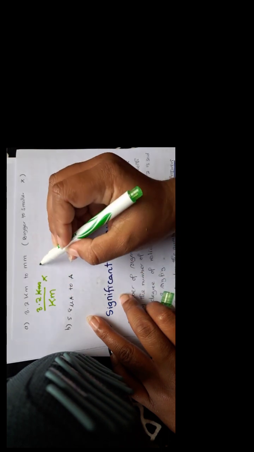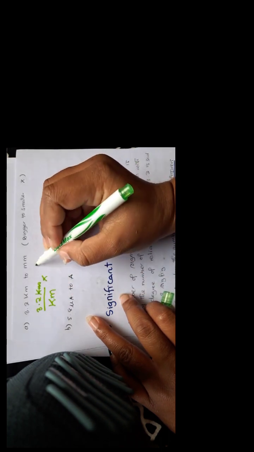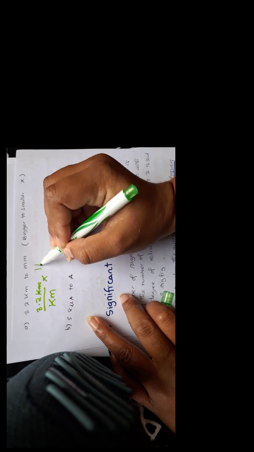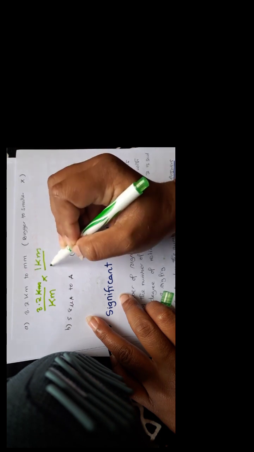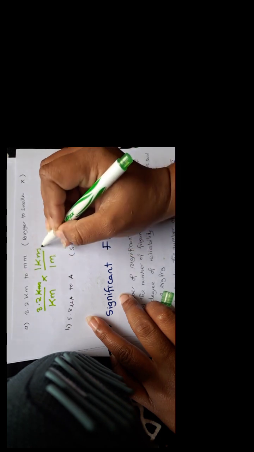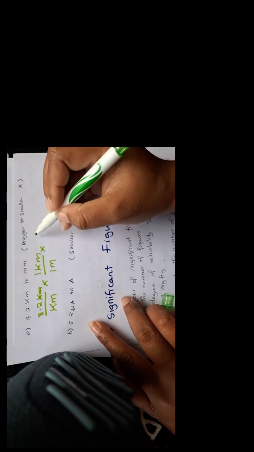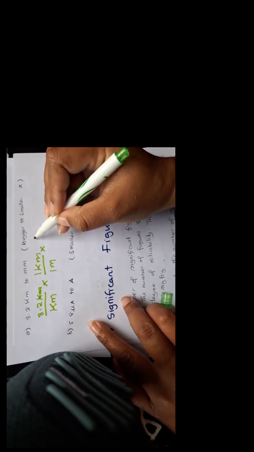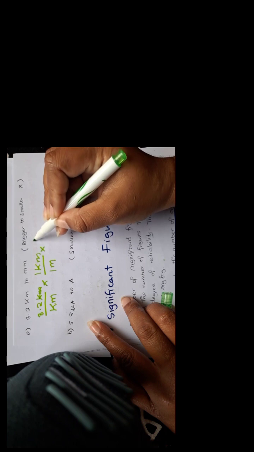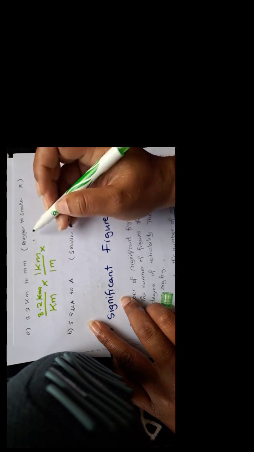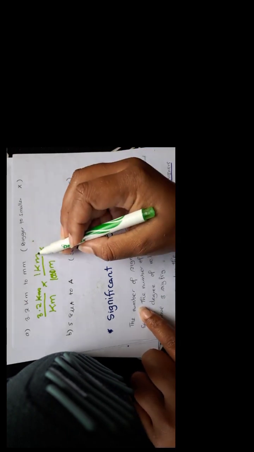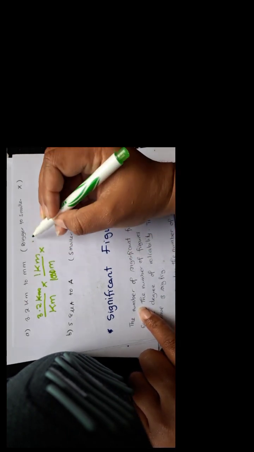So 1 kilometer is equal to 1,000 meters,